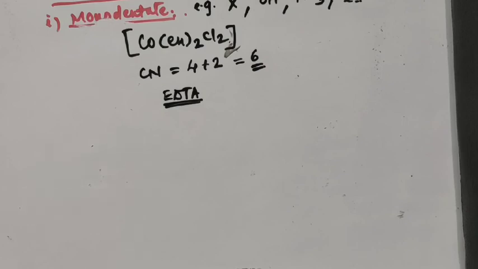So you should know whether the ligand is monodentate or didentate or polydentate or ambidentate, and accordingly you find out the coordination number there. A question may be for 1 mark: what is the coordination number of the central metal atom? You will get different compounds and you are supposed to find out the coordination number there.